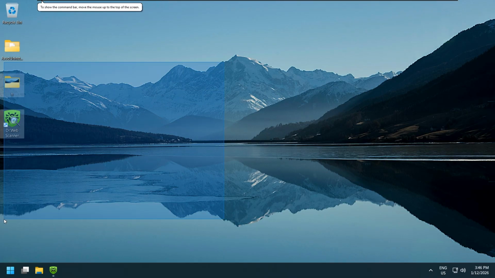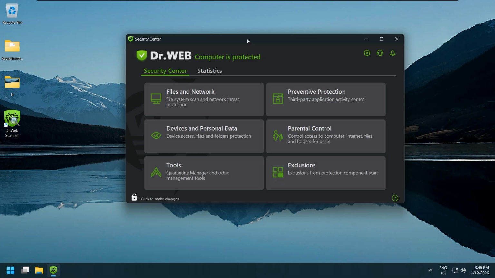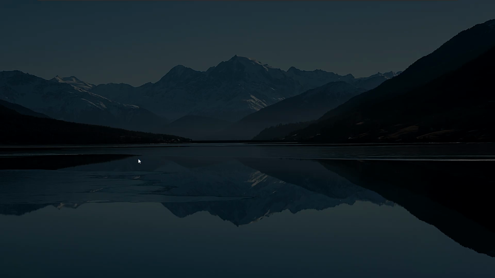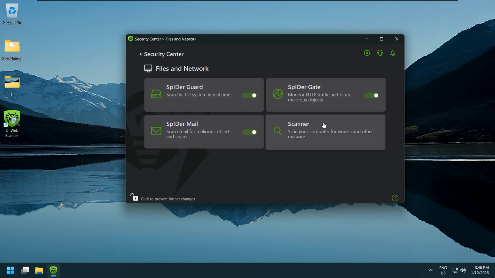It's me, Lemmy. Today we're going to be testing Dr.Web scanner, or well, just Dr.Web, against a bunch of unknown malware. I've actually never tested this product before, so that's going to be very interesting. Like I said, I have never tested this before, so let me just take a quick look through